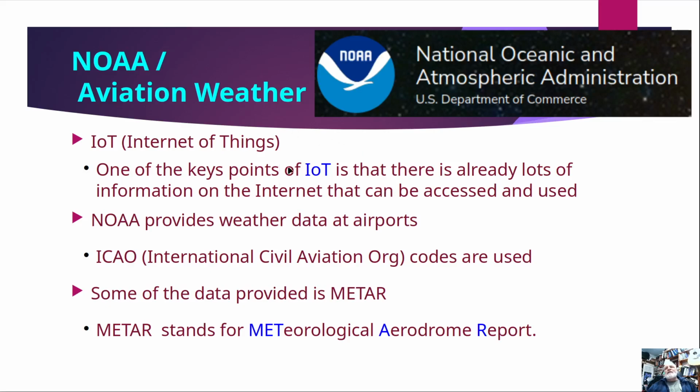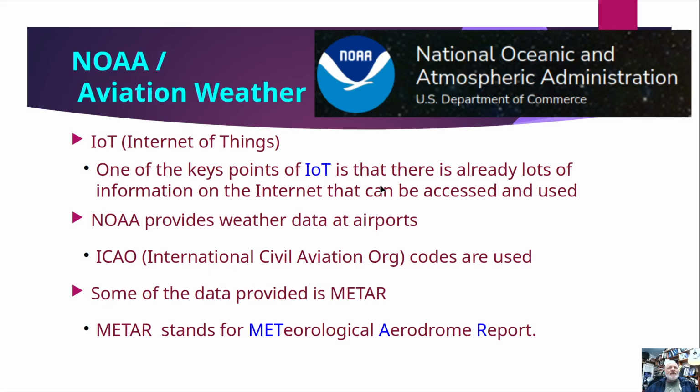And there's tons of other information out there on the internet that could be used for any sort of internet things. An example of using this in a business might be checking weather at different places for transportation purposes or things like that. But what we're going to do is go to the NOAA site for aviation,